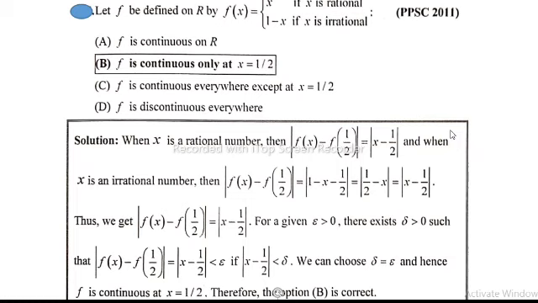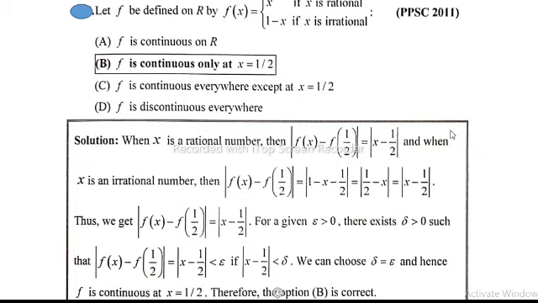1 divided by 2 is equal to, so f of x is equal to x, so x minus f of 1 divided by 2 is equal to x, replacing x by 1 divided by 2, absolute of x minus 1 divided by 2. When x is irrational, f of x minus f of 1 divided by 2 is equal to absolute of, in case of irrational, f of x is equal to 1 minus x, so minus 1 divided by